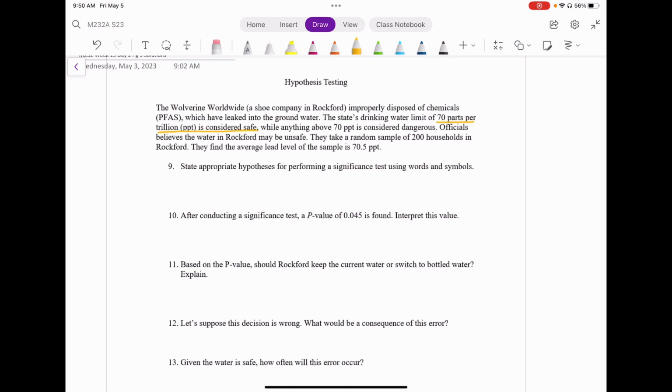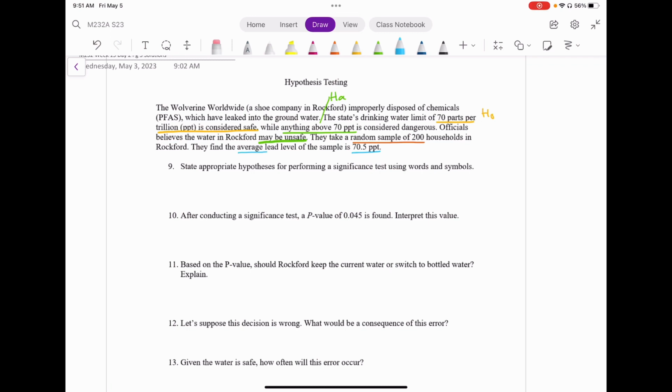The state's drinking water limit of 70 parts per million is what's considered safe. That's the thing that we're going to be assuming to be true. That's our null hypothesis. And then we have anything above 70 is considered dangerous. That's going to be our alternative hypothesis, because officials believe that the water might be unsafe, and unsafe corresponds to above. And then we have that they take a random sample of 200 households with an average lead level, and